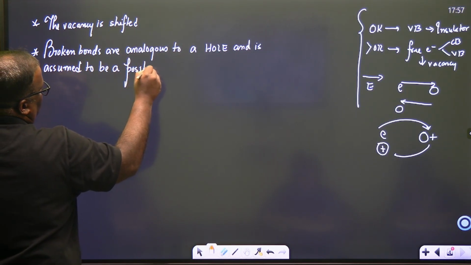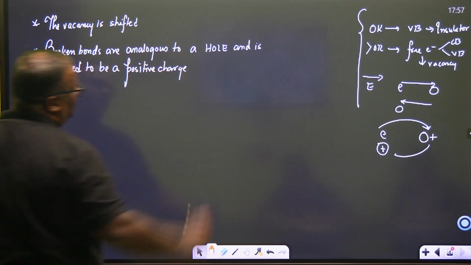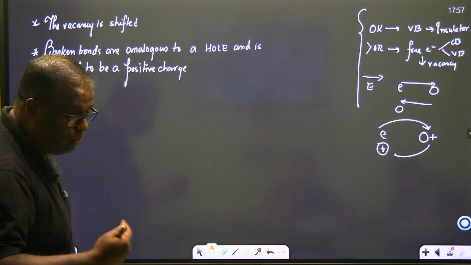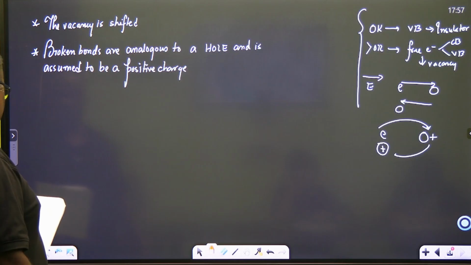Children, whatever we are studying now is the study of intrinsic semiconductors, that is, semiconductors in their purest form. Our main objective is, sir, why are you doing so many experiments with it? I want to check whether it is going to be the slave that I want. Because I will be giving it either some temperature or some electric field; I can't do anything more. Does it have those properties which I want, in which I can make use of it? Those things we are trying to study. Okay.